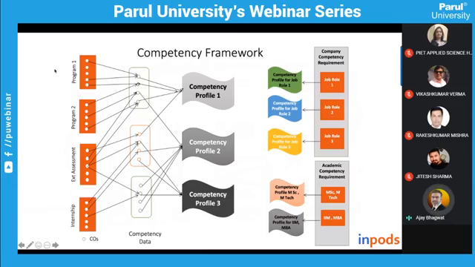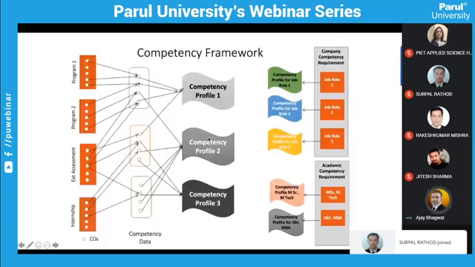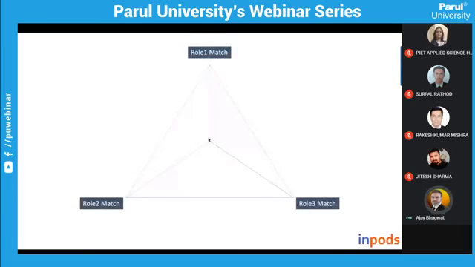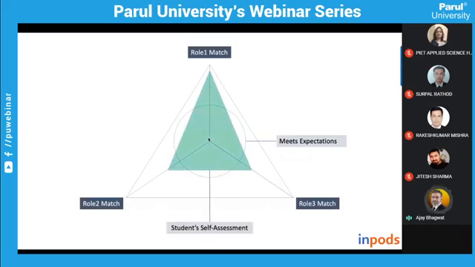So if you look at it from the student's perspective, their dream may be competency profile 2, but the system may show them that their actual journey is happening towards another competency profile, and they are less likely to reach the competencies required for profile 2. This is the prediction that the system can do, and these are the added advantages of technology that you can achieve if the OBE things are done correctly. So this is also one of the ways predictions can be done.